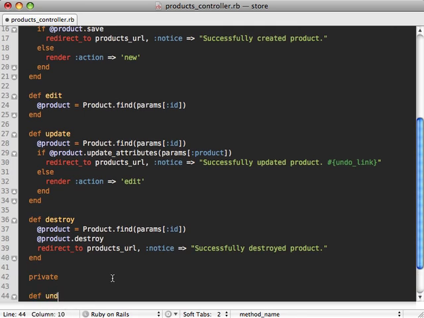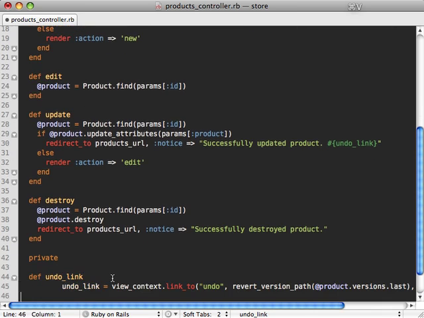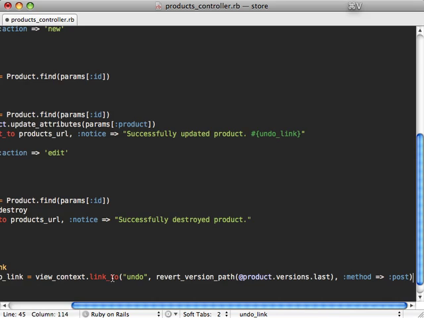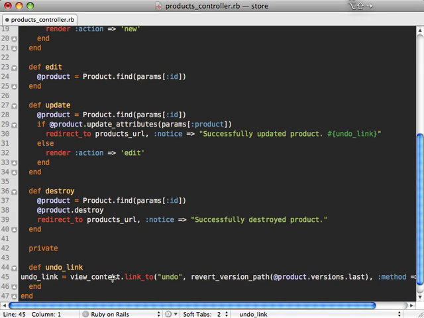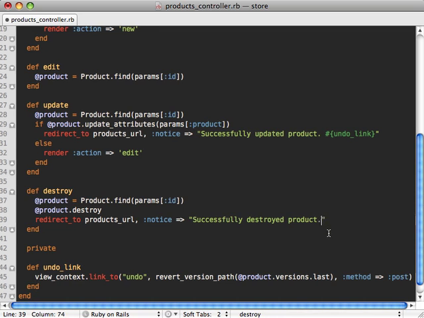Let's call it undo_link. And then basically paste in the same behavior here, but we don't want it as an actual variable, so we'll just call that directly. And then we can call it inside our destroy flash message here. Now there's one little gotcha I've run into, and that is that when deleting the record, product.versions